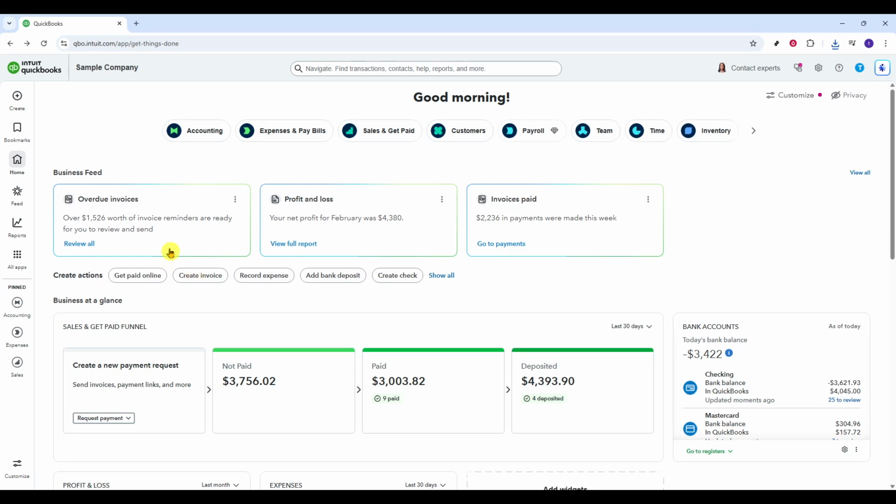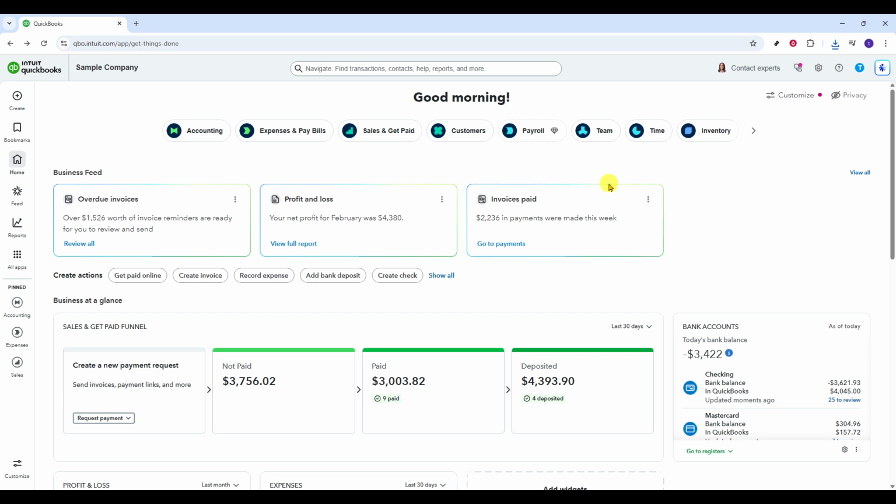In today's video, I'm going to teach you how to integrate Salesforce with QuickBooks. By the end, you'll know exactly where to go in QuickBooks Online to find the official Salesforce connector and start the setup with confidence. First, open QuickBooks Online in your browser and make sure you're signed into the correct company